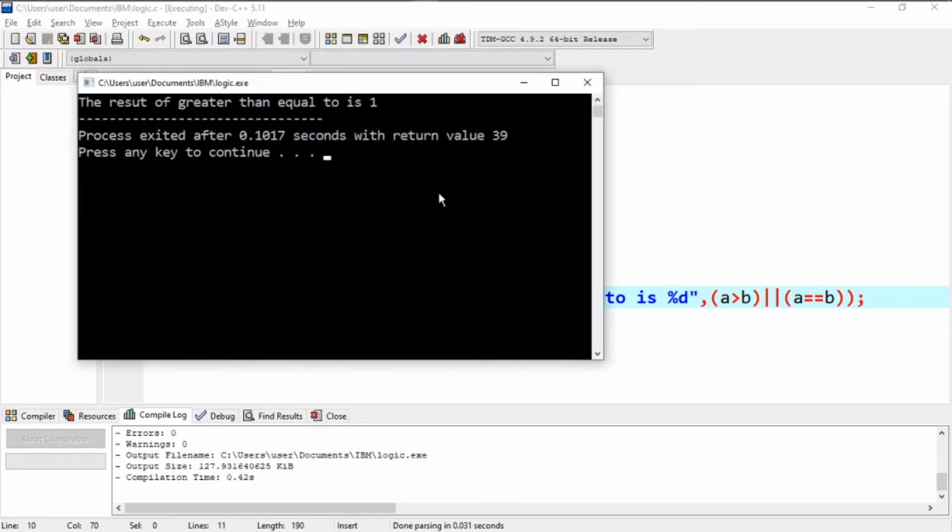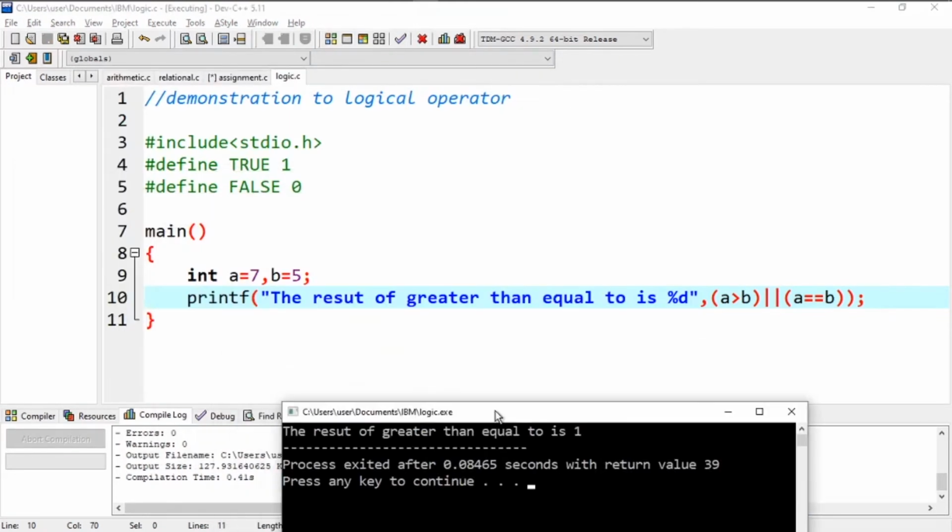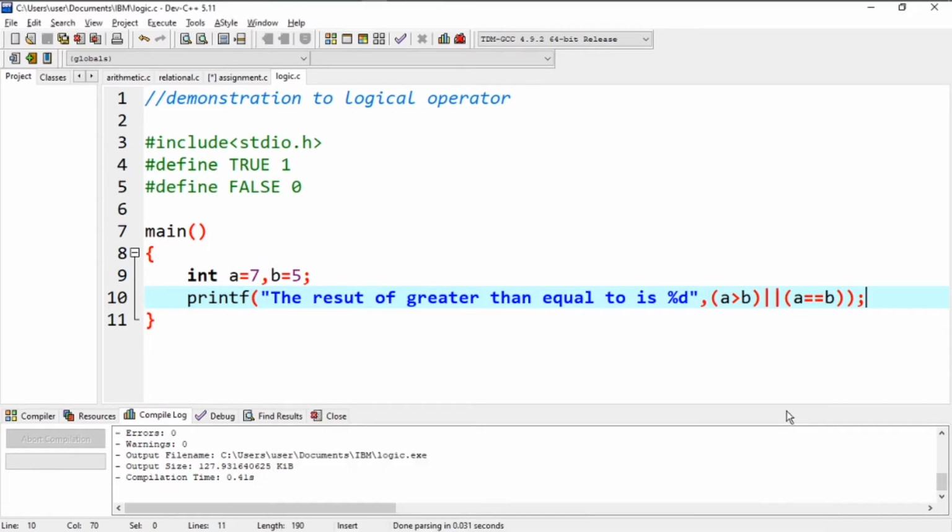check. Here it is. So let's see, over here we have a equals to 7 and b equals to 5. On the first relation, that is a is greater than b, 7 is greater than 5. That's true. So this statement is true. As this is the OR operator, that is logical OR, it won't really matter if we don't consider this second operator. So our answer will be 1, that is true. So let's close it again, and let's change its value to 4.